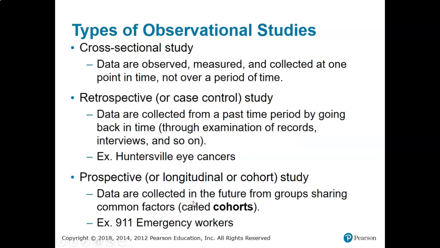Okay, types of observational studies. We mentioned earlier what an observational study is. There are 3 different types. There's a cross-sectional study, which I consider to be the present. Your data are observed, measured, and collected at one point in time. It doesn't span a period of time. This might be like people's pulse rates while they're sitting in class, or their blood pressure readings, or their weight. It could be any of those things, but it's just a very quick little snapshot of what's happening